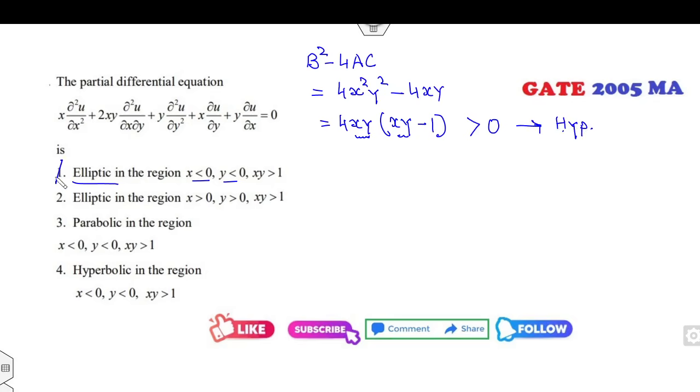Fine. But he said elliptical, so this option is cancelled. When x is positive and y is positive, this quantity is positive, xy is greater than 1, again this is greater than 0. So it's a hyperbola, but not elliptical. Parabolic, we need this to be 0. If x is less than 0, y is less than 0, xy is strictly greater than 0, this can never be 0. It is neither parabolic. When x is less than 0 and y is less than 0, these both are positive, xy is greater than 0, this is my hyperbola, which is the right answer of this problem.